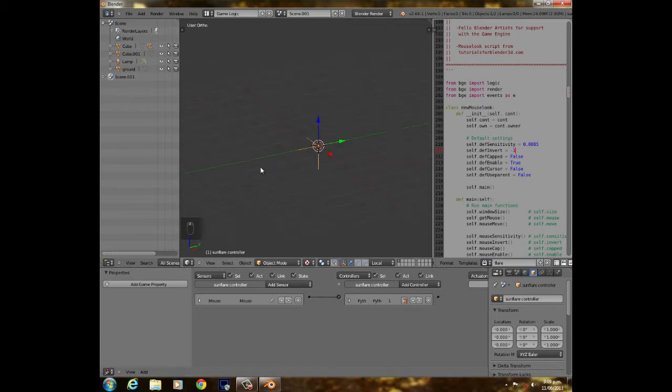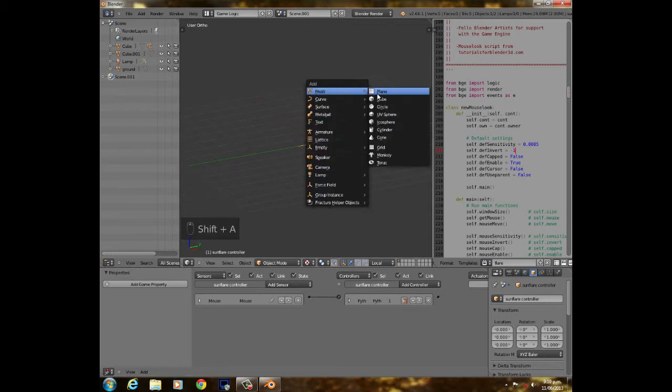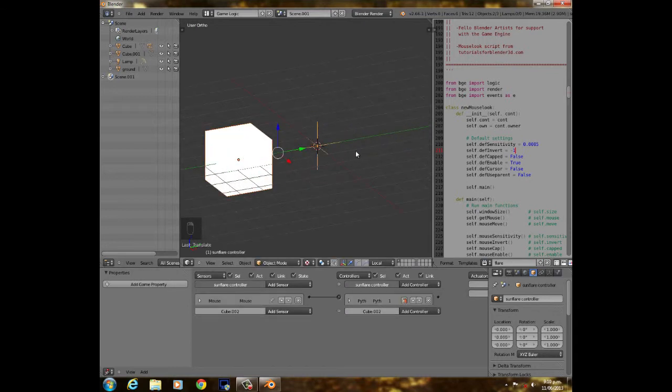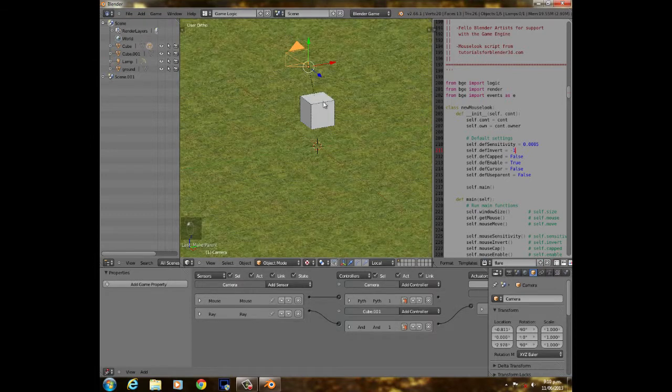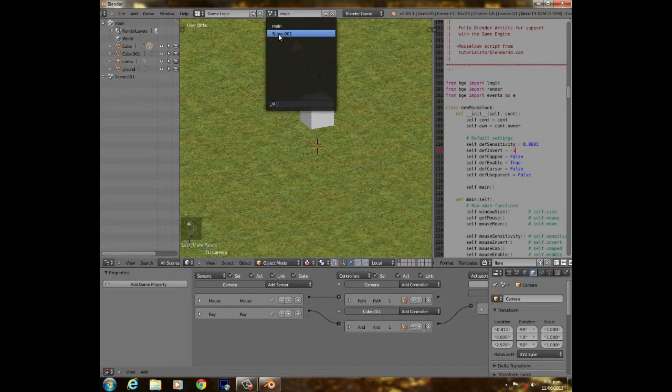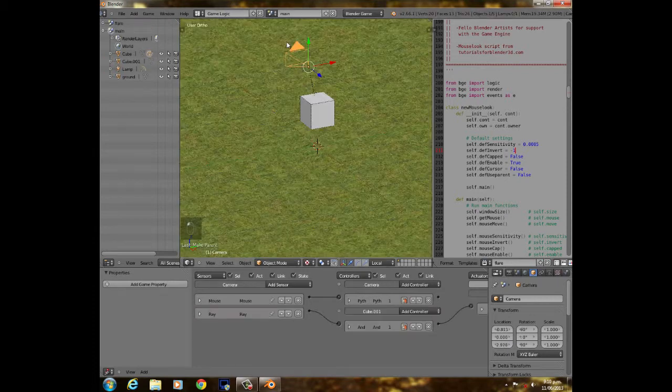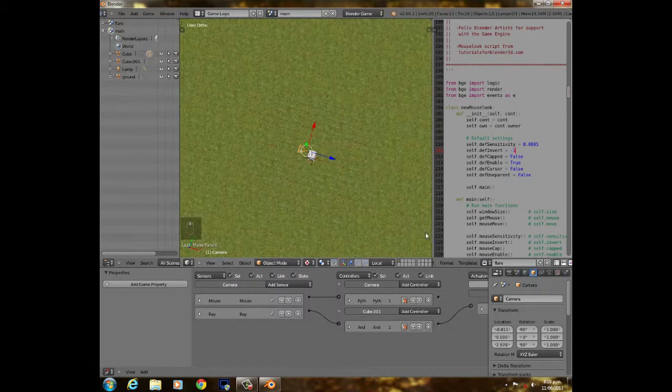And I'm going to Shift A just to double check this works. Parent it to that, so Shift, select that, Control P, parent to object, and then going back to scene 1, we're actually going to call this main. I'm going to go to scene 01, call this flare. So now we're on the main, we'll go to,